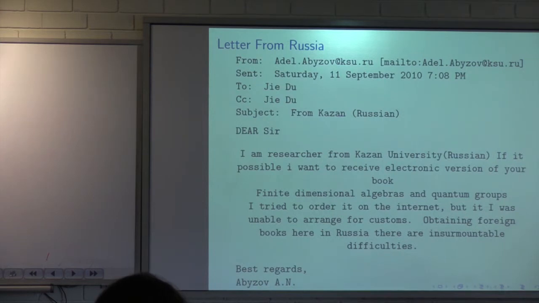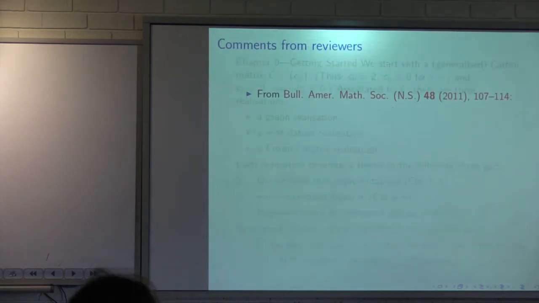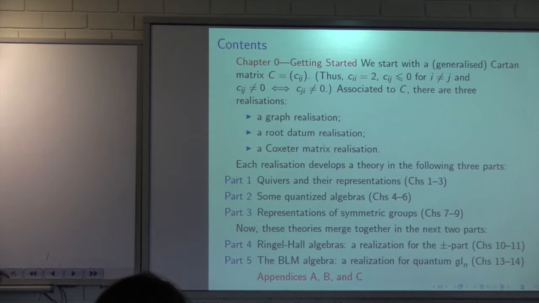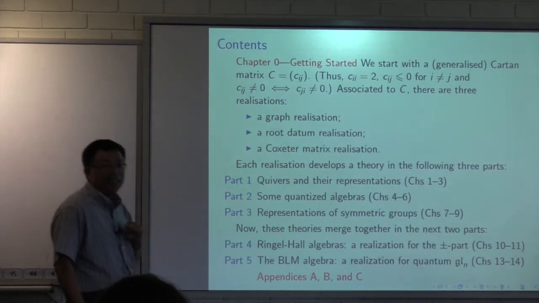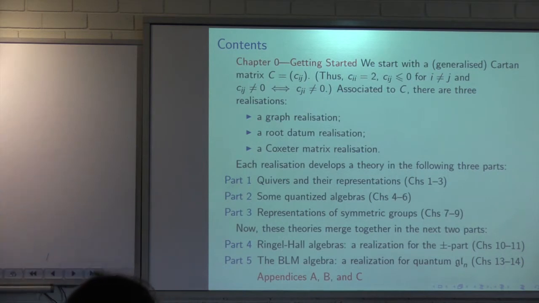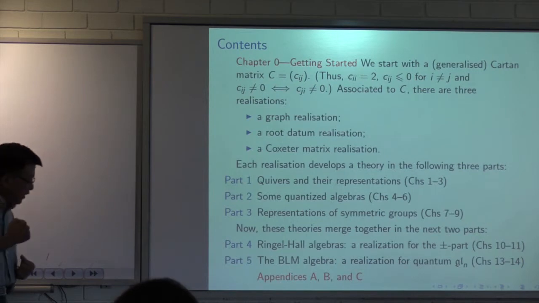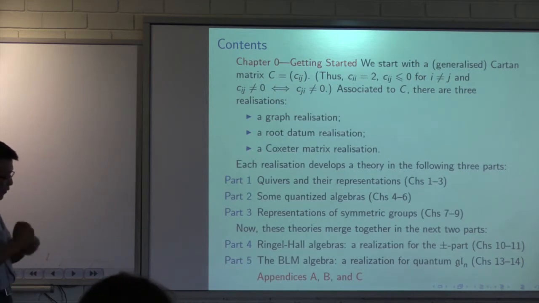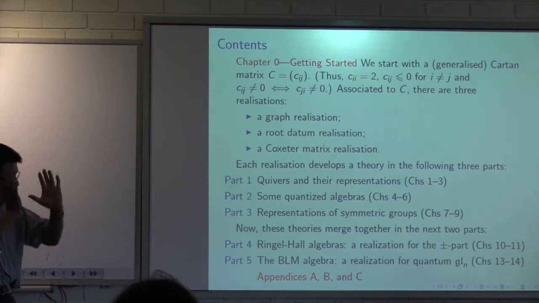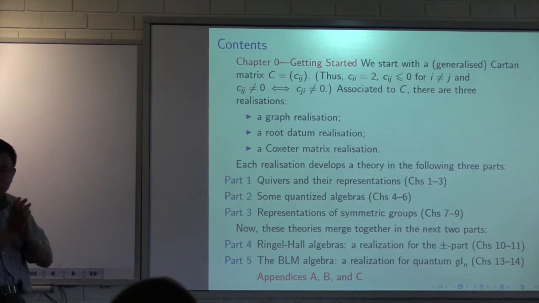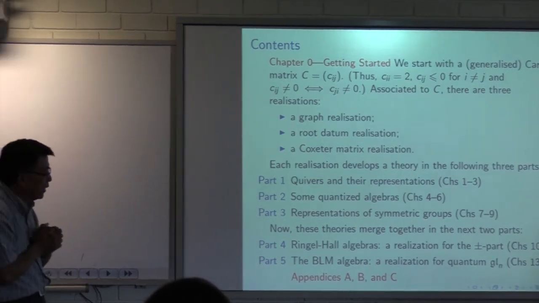So I have used 10 minutes, so that's good. And how about the second book? Let's go back and quickly look at the first book's contents. You see, I have part 5. This is about affine quantum groups. But while writing this book, we had a project trying to understand the situation of the affine quantum groups. In other words, moving from the finite type case to some kind of tame type, infinite type case.